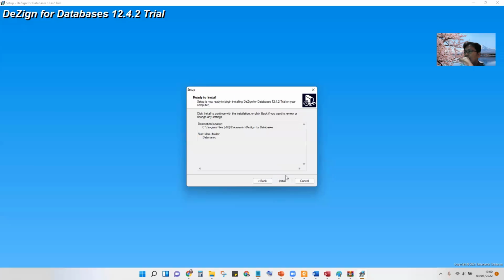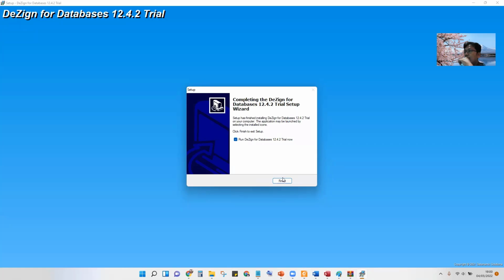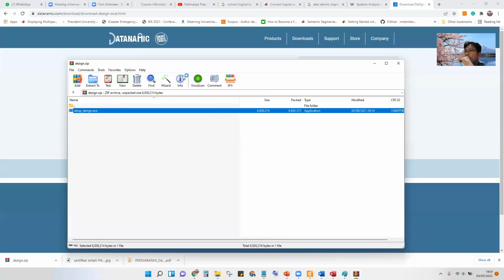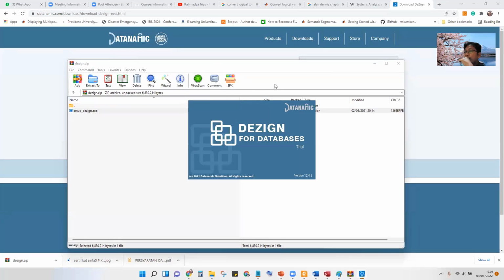Of course you can buy a license if you are happy to use this Data Dynamic Design.